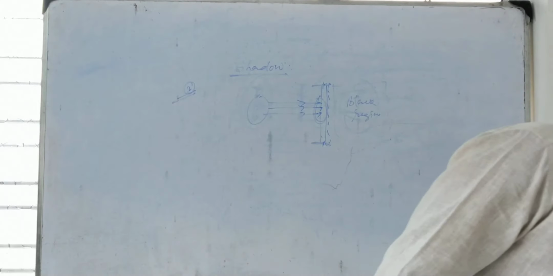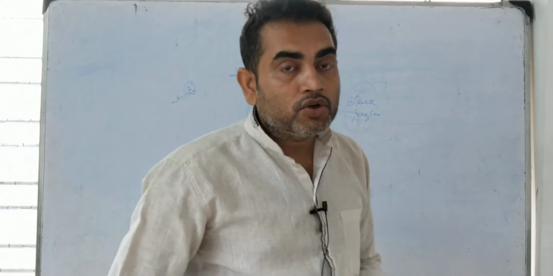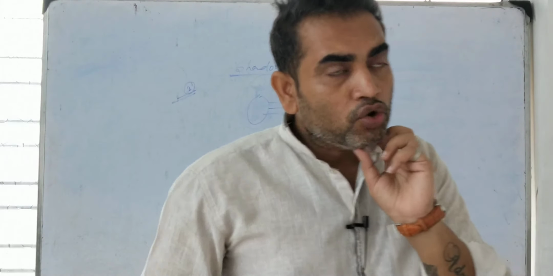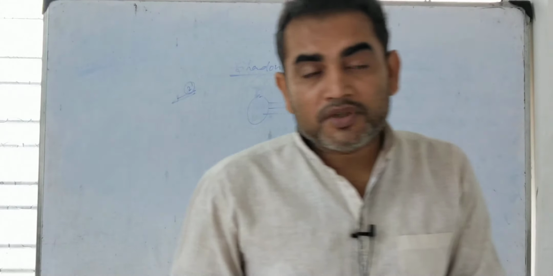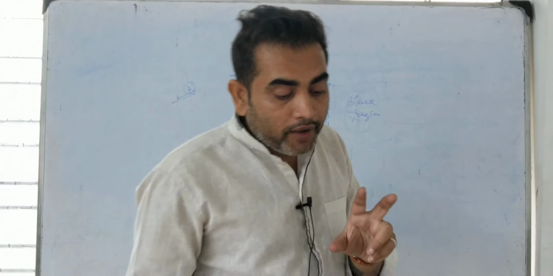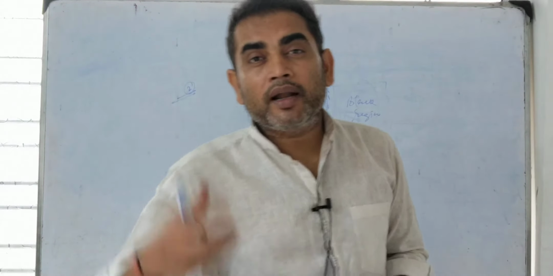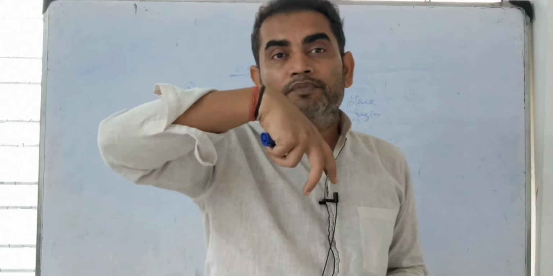Okay, now the characteristics of the shadow. It is dark in color and does not have the detail of the color of the object. So seeing the shadow, you cannot get the detail about the object, the shape, size, nature of the object, which you cannot imagine. Second one, it may or may not have the same shape as the object. Obviously, it completely depends upon the source of light and the angle of the source of light falling on the object.